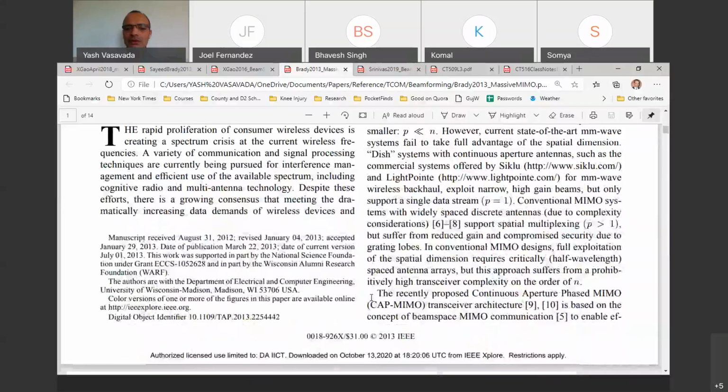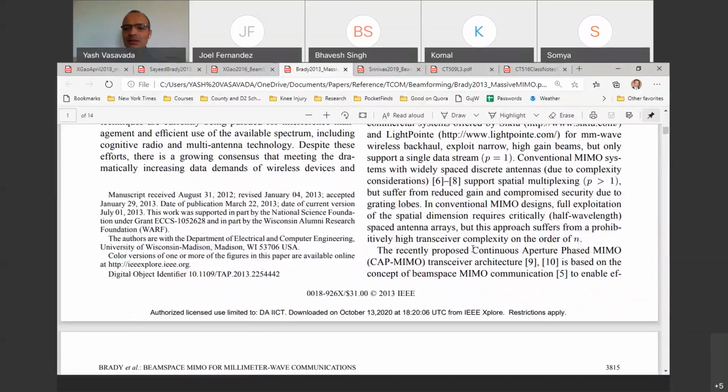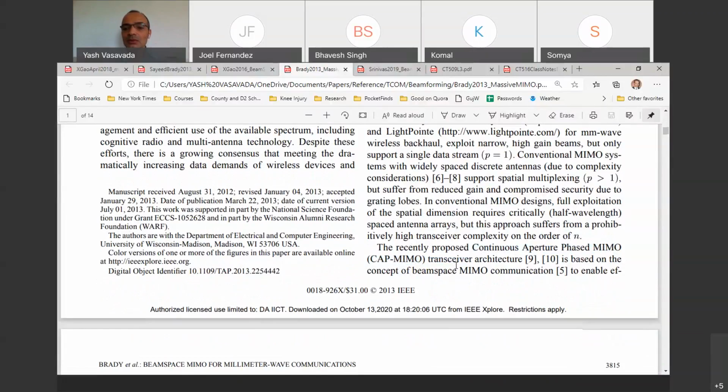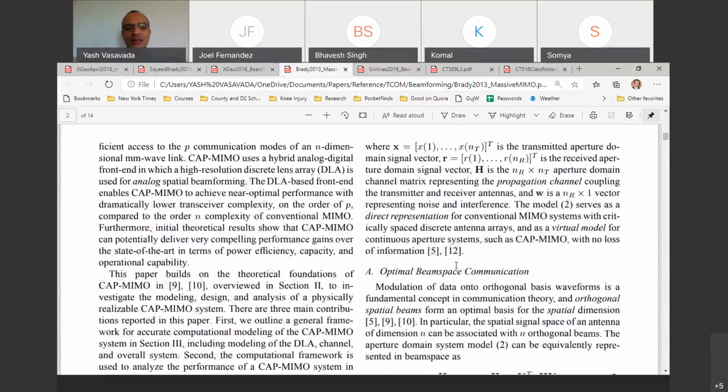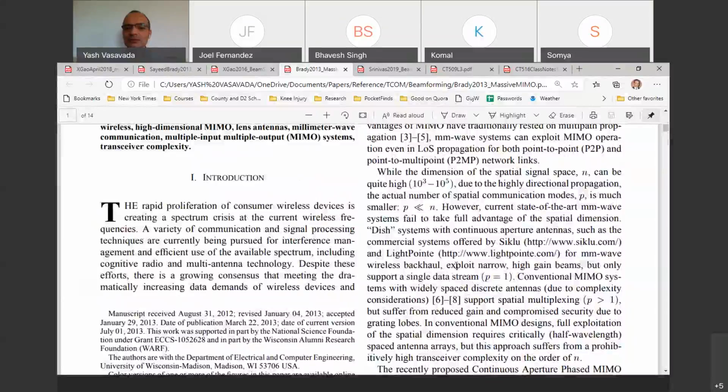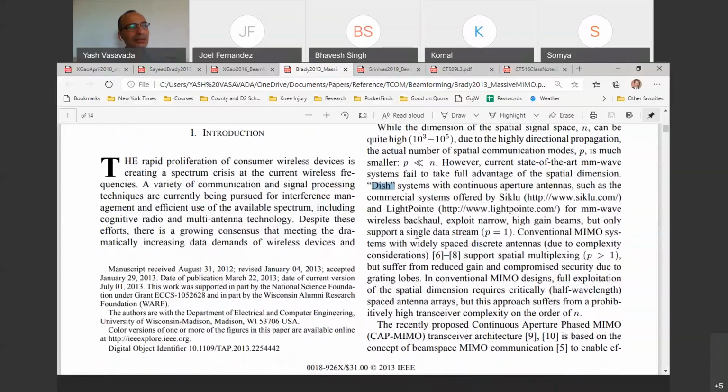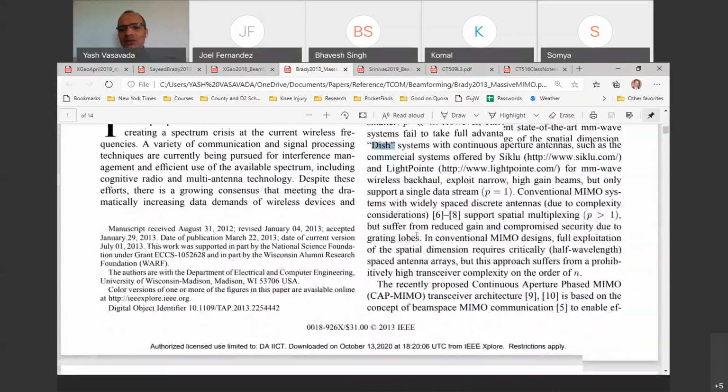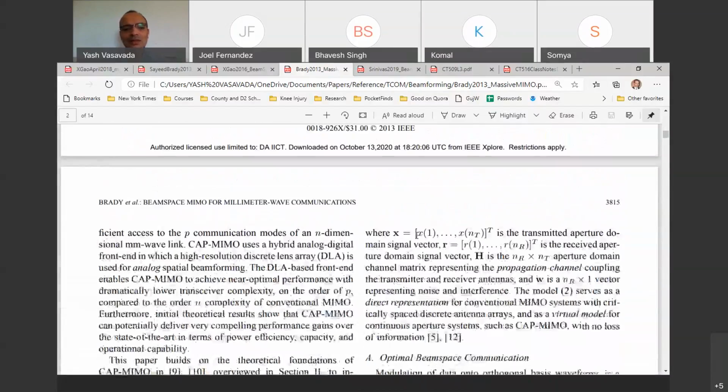Okay, so what this paper is talking about is a continuous aperture phase MIMO. What they're talking about, this continuous aperture, is that it's just a single dish. So it's not actually an array even. It's not those different feed elements, antenna elements that we have been depicting in some of the diagrams. It's just a dish antenna, the kind of antenna that you would see on the rooftops and in the terraces. So it's just a dish antenna,